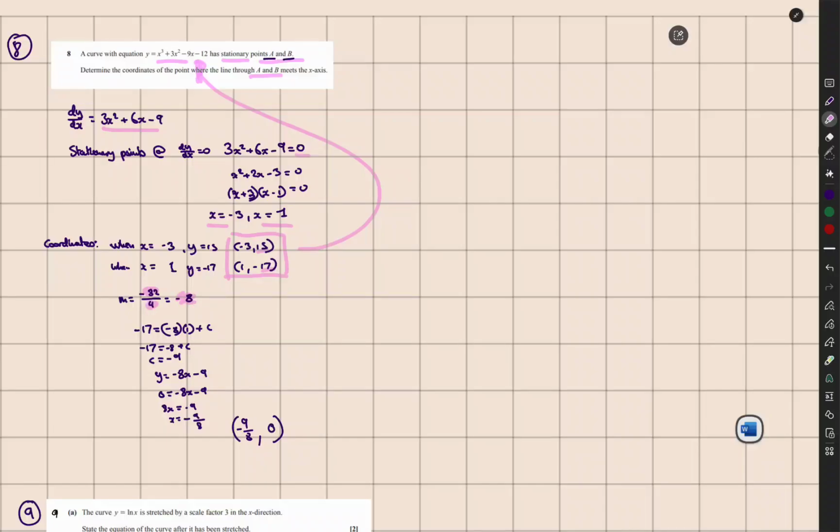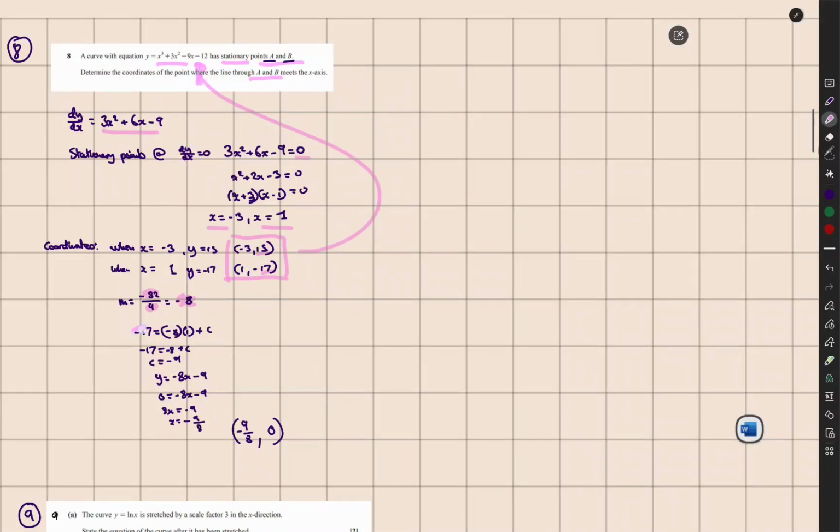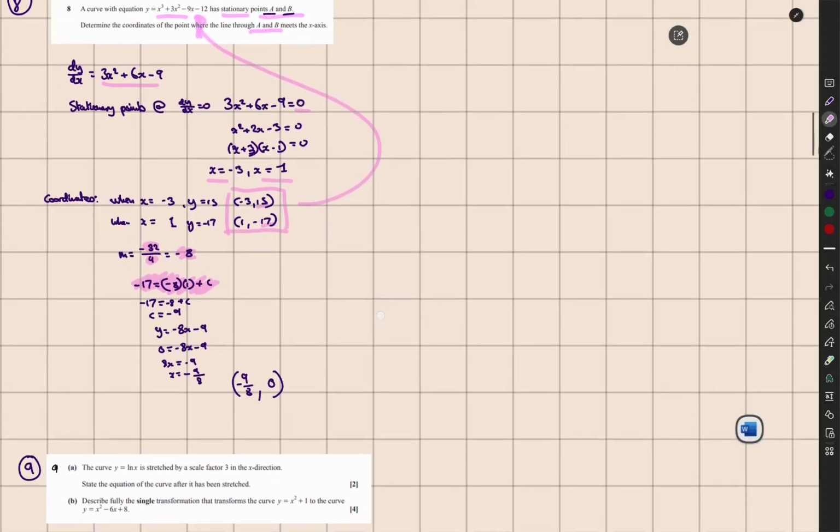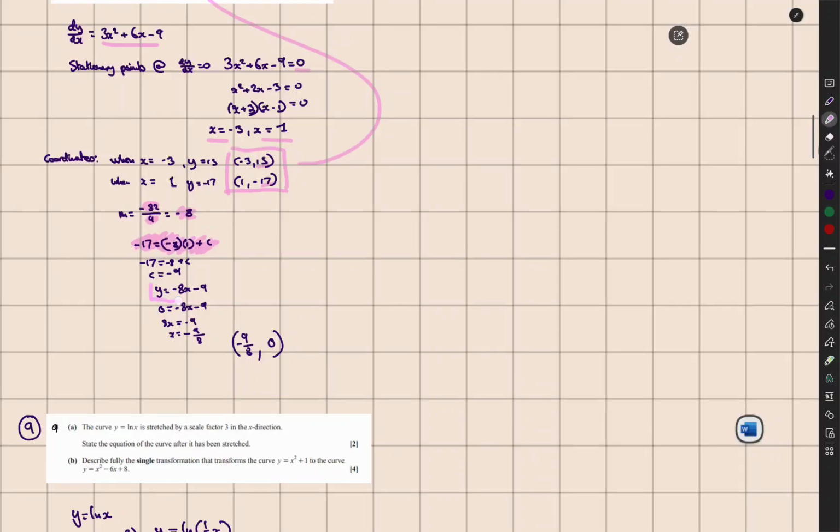a gradient of -8. And then all you need to do is, if you know a particular coordinate, you can plug either one of these coordinates into y = mx + c. I've used the bottom one here, and you can see that that gives me a c value of -9. So once I've got the equation of my line here, y = -8x - 9, I can say, all right, this is going to cross the